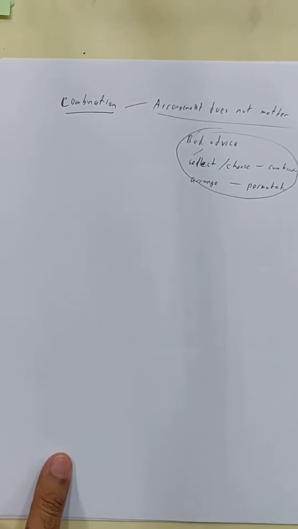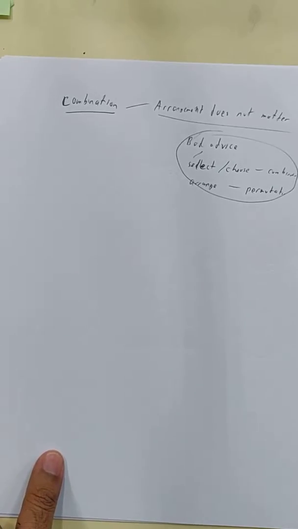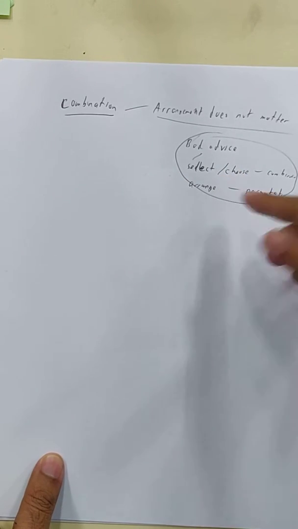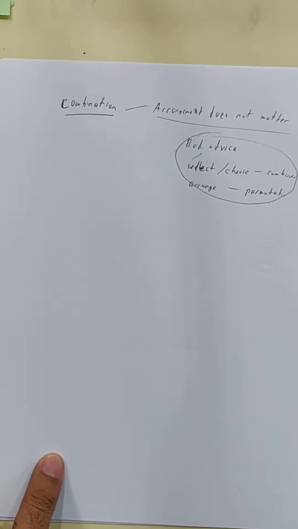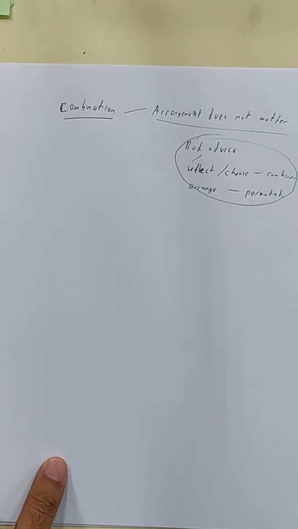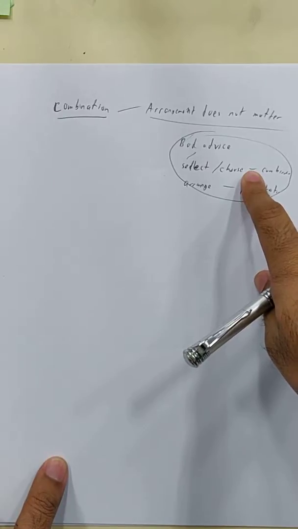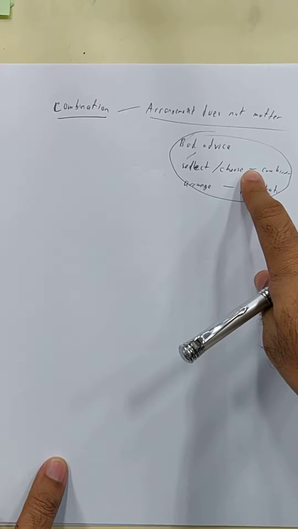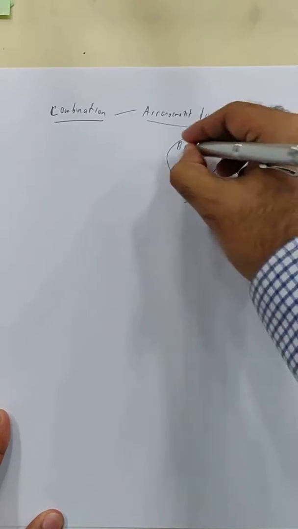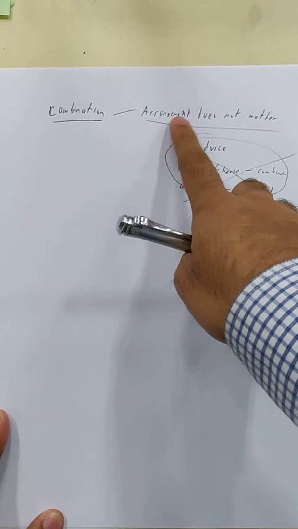So the best advice I can give you is to read the question and try to understand. I'm sorry it works like that. But if you say select, choose means automatic combination, you have a very big chance of getting things wrong. The moment you go outside this class and meet your other friends, they're going to give you this bad advice. Trust me, this is bad advice. It will get you wrong sometimes in our final exams, and we want to avoid it. So don't take this one. In the end, it comes to this: you need to ask yourself and check.